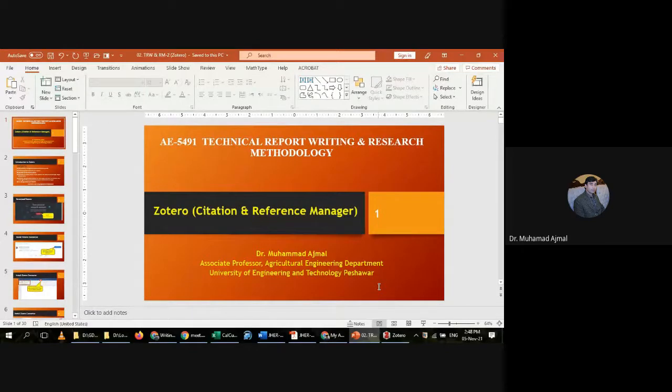And at the end of this class, you will be assigned an assignment for the application of Zotero, okay, to read 2-3 articles and then make a summary, and in that writing use this citation manager for citation as well as for creating the reference list. So let's start properly. First, the theoretical background, just how we can do it, and then the same I will apply through demonstration